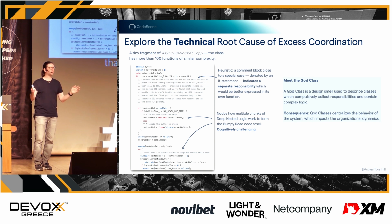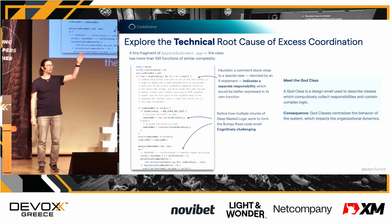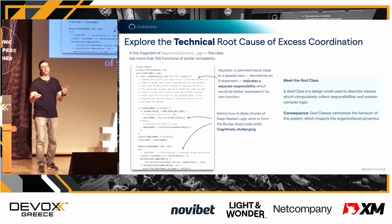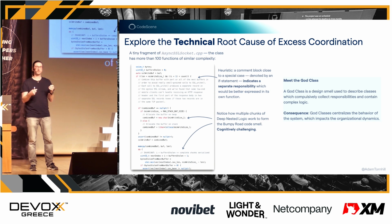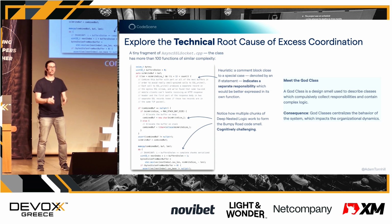So how many of you have heard the term God class before? So that's a lot of you. Good, good. So God class is simply a design smell, and we use it to describe classes or modules that compulsively kind of collect responsibilities and also contain a complex implementation like that. Now, God classes